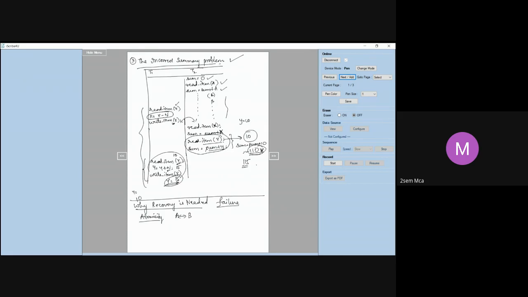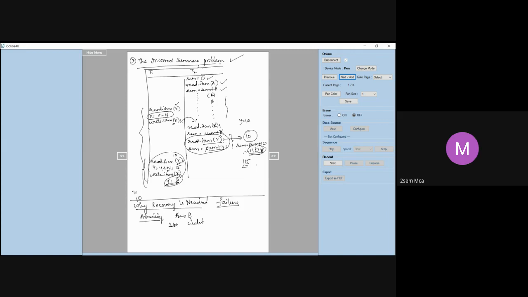When A is transferring money to B, what happens? There are two accounts involved, A's account and B's account. A's account will get debited. B's account will get credited. Simple. That completes the operation of transferring the money. Debit the account A and credit the account B. So either do both of these and complete the transaction permanently, or don't do any of them.